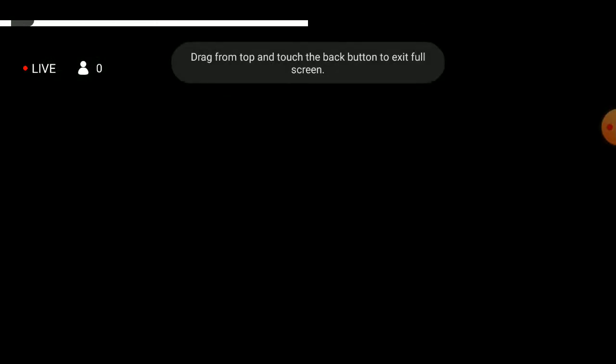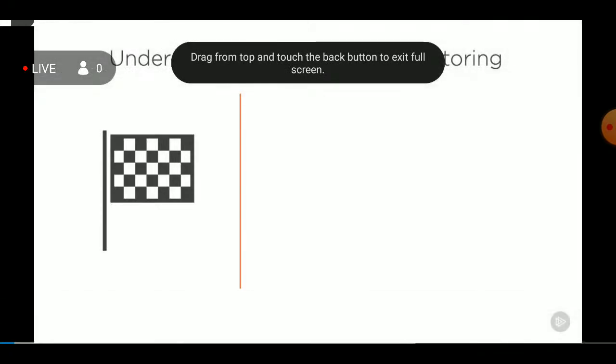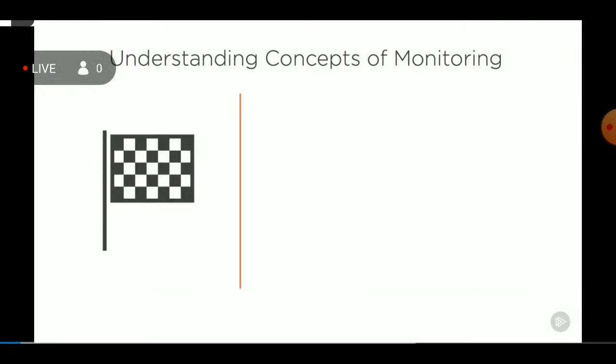Before we start creating complex monitoring solutions, we need to take a step back and answer a few simple questions. Answering these questions